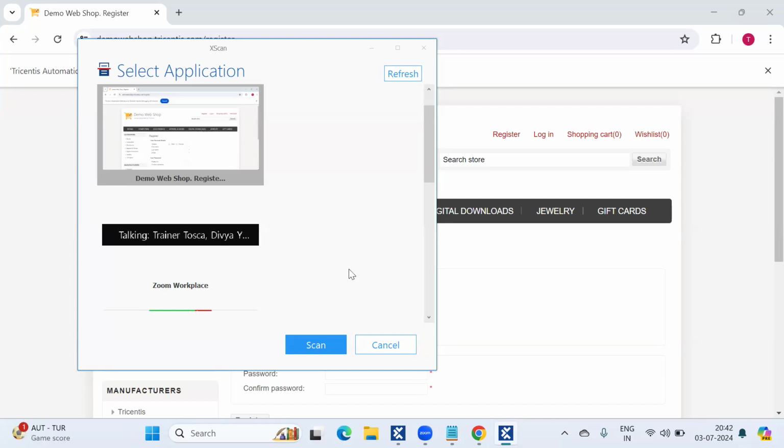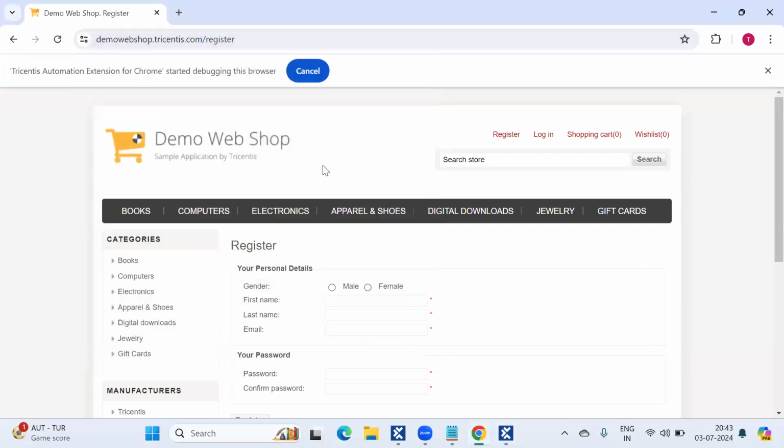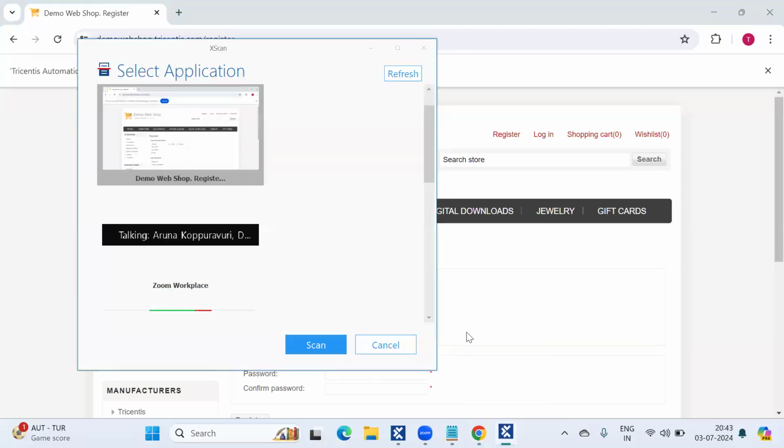I have a doubt. Can you please open another window in the Chrome browser, and try to select the Chrome, scan the Chrome? Sorry, I think that is the question she has asked. Didn't get you. That means 2 Chrome browsers at a time? Yes. Which application will it select?